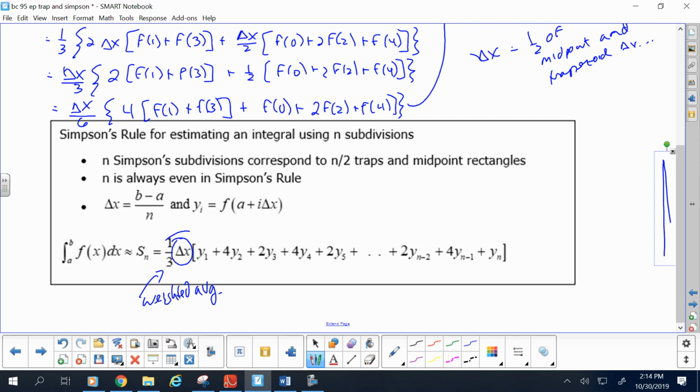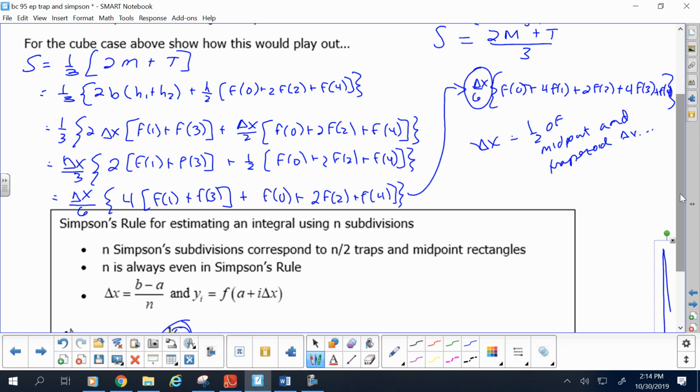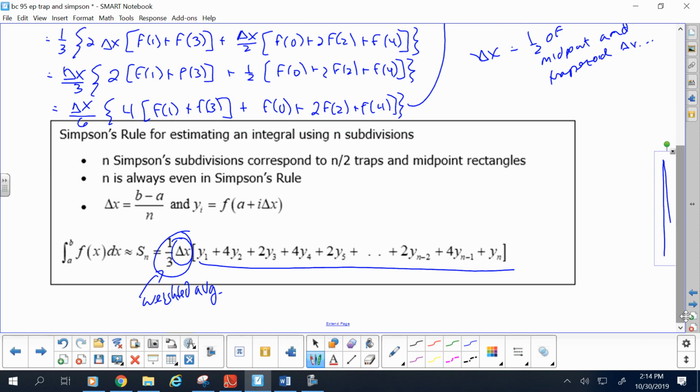But use this idea. What I really wanted you to focus on is where this pattern comes from. On the inside, there's this crazy 1, 4, 2, 4, 1, 4, 1 kind of idea. And I didn't want you to just throw it up there and say, here, memorize this, 4s and 2s. It comes from a reason. It comes from a weighted average of trapezoids and midpoints. It's really easy to use. Let's just try,